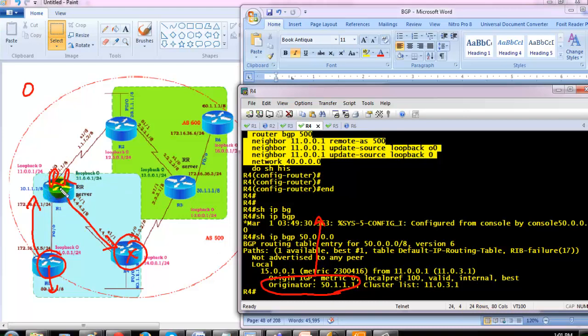Now it is the attribute which is created by the RR server. This is our RR server, and it is the router ID of the router that is originating the prefix. In our scenario, who is originating the 50 network? The router ID of router 5 is 15.0.0.1, the highest IP of the loopback. And the cluster list, you will see one more piece of information propagated here. Just now we discussed, a cluster is a set of routers forming a route reflector server-client configuration. The cluster list is also a non-transitive attribute.